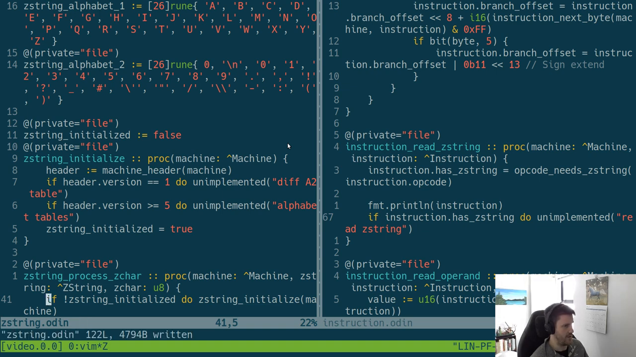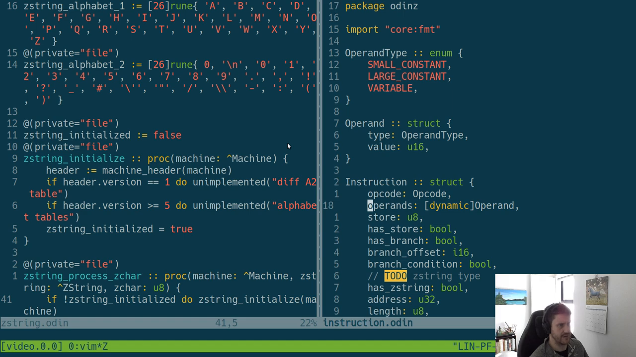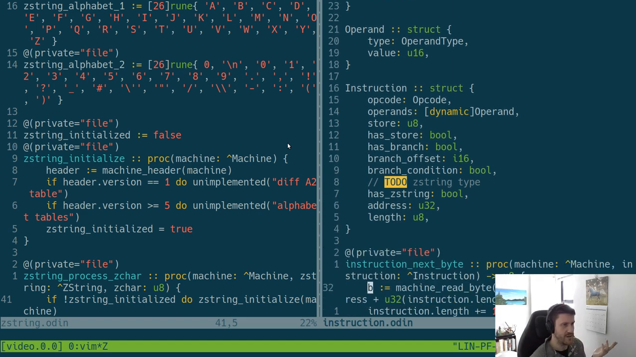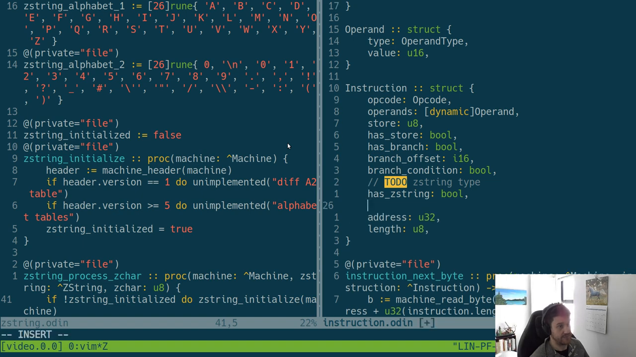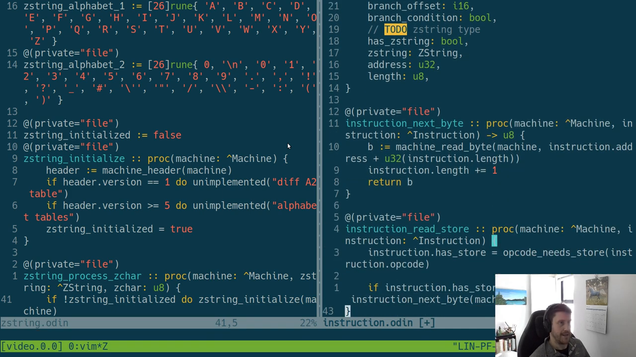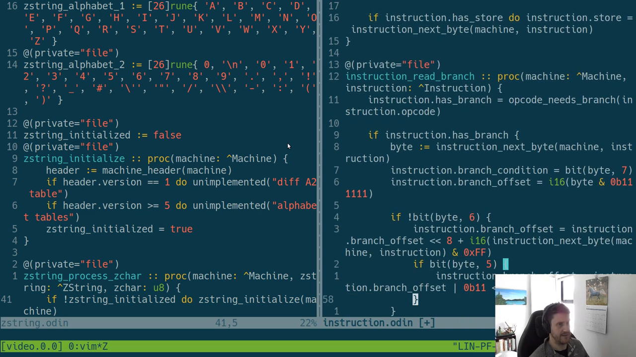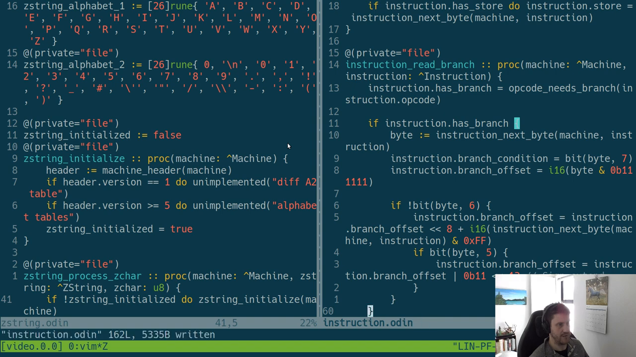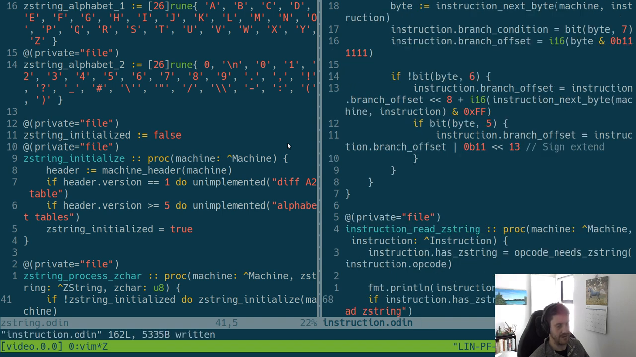And now I think I can go over here and just need to see what this instruction has. So you have a z string. So I guess at this point we can actually say what the z string is, and it is a z string. And it should be just nil to start with. So there, if we go back to there,